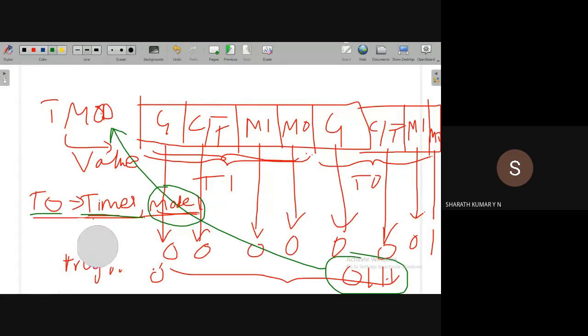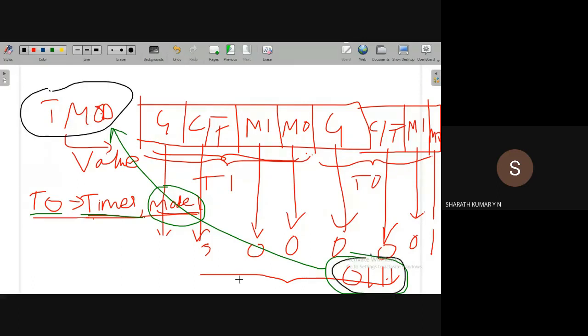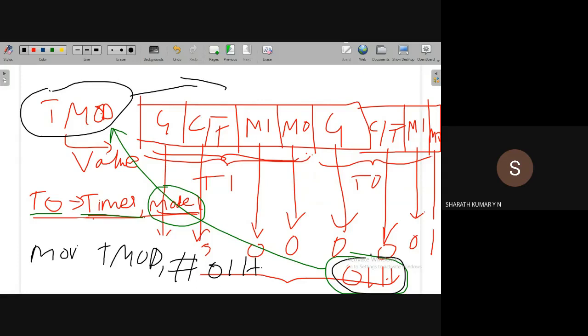The destination is TMOD, and I need to load 01H to the TMOD register. The instruction is MOV, a data transfer instruction: MOV TMOD, #01H. Since TMOD is not bit accessible, if there was a bit accessible option, we could have set only this bit to 1, but that is not possible. TMOD is a byte accessible register.